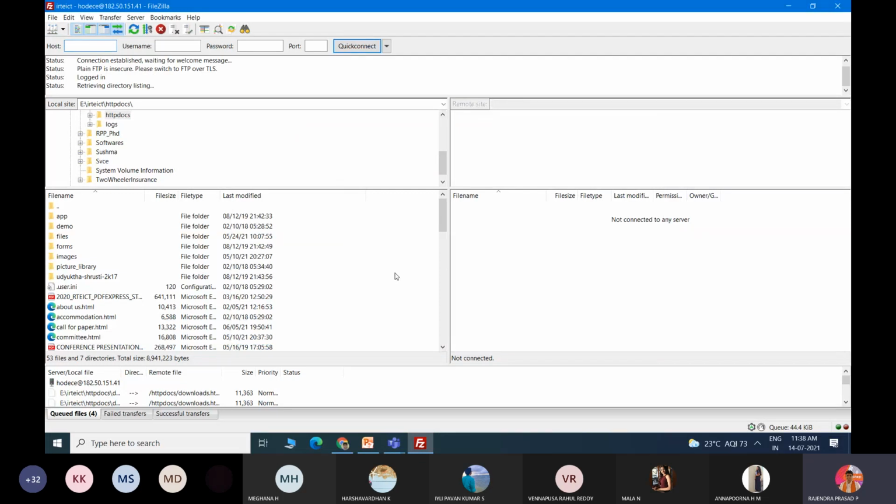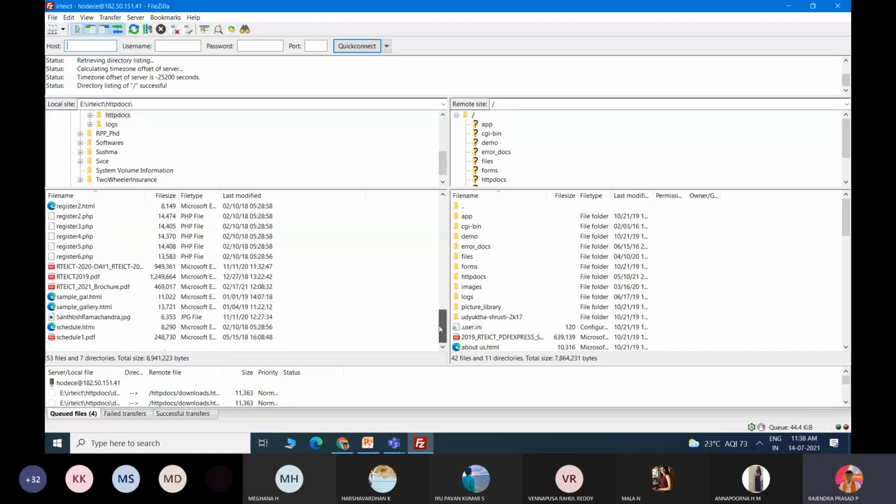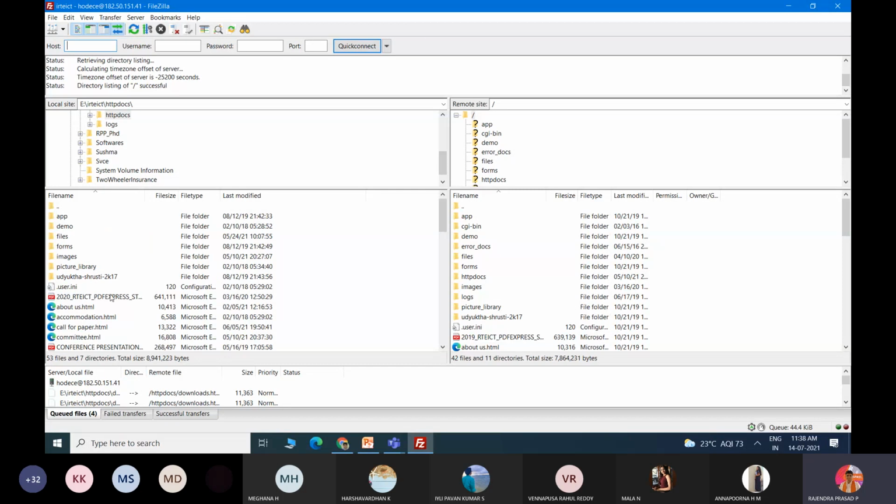Now you observe that this is the local site. So whatever data is present here, this data is present on my device. So local site means my laptop will contain this folder. And this is the remote site. So remote site indicates this is at the user website part. So here also I am having this information. So whatever changes I make on my device, if I transfer that information to the remote device, that will be applicable. I'll just show you.